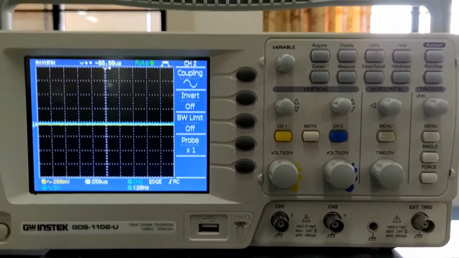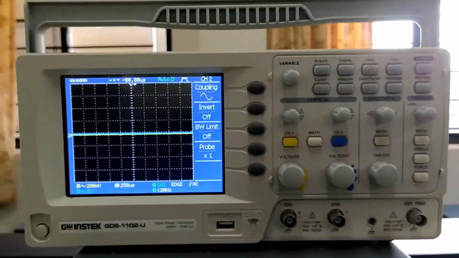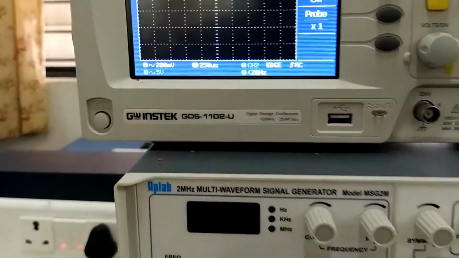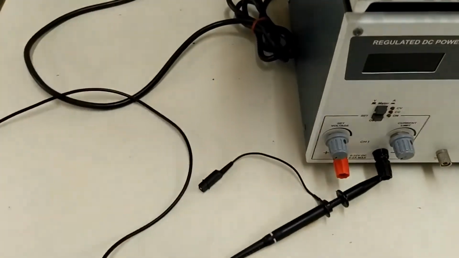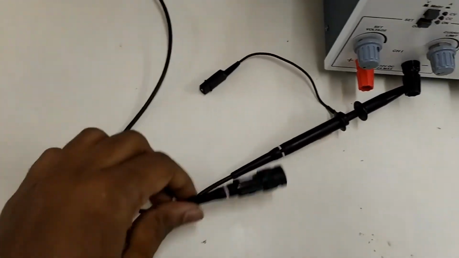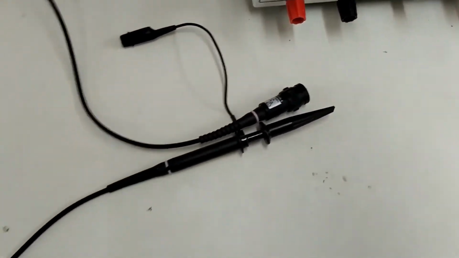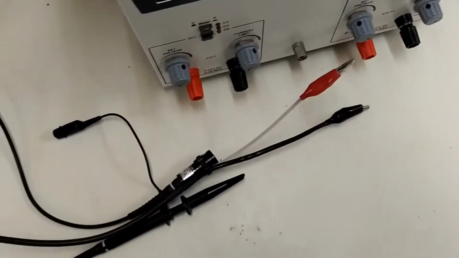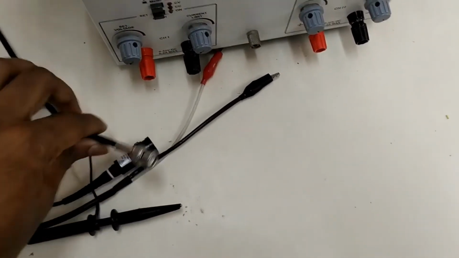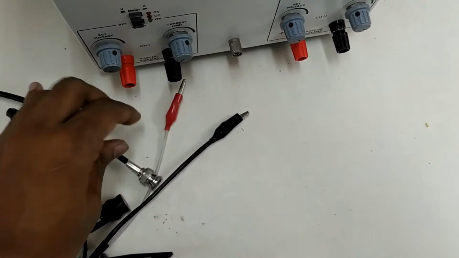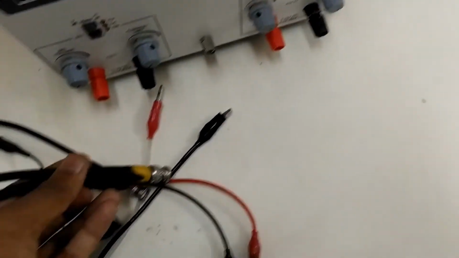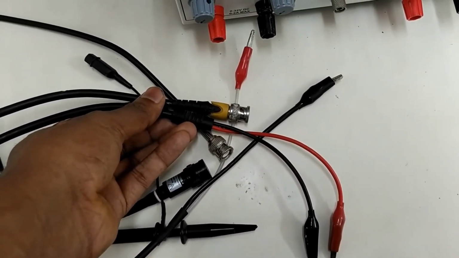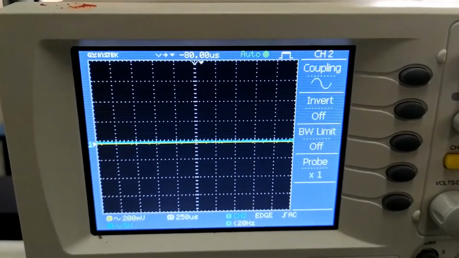So you can see there are probes available here. So I'll show you the probes. So these are the possible probes what are available. So you can see this is one kind of probe what is available. Very similarly, you have other kind of probes. So this is the second kind of probe what is available. All are used to make the connections, and there is also one more kind of probe which is available. So these are all the wires what are used to connect the input so that I can see the input and output in the screen what is visible to you as of now.